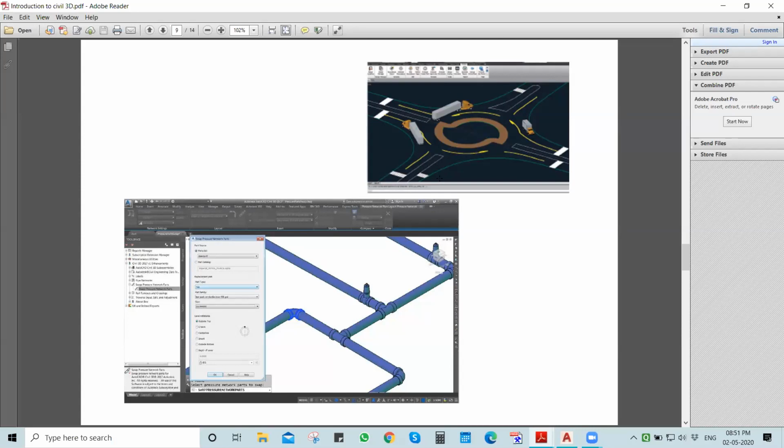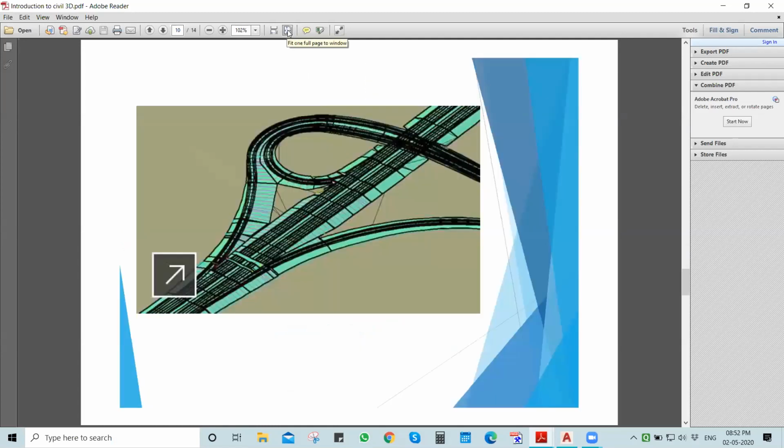And again, if you design the road with horizontal and vertical geometry, you can also design the pipe network. In the bottom of the image, you can see a random pipe network I designed earlier. It contains some design data: pipe size, pipe dimensions, pipe material, and its flow capacity. So everything can be calculated in Civil 3D. You can see the next image, a random image for the highway connecting the road. We can design that.